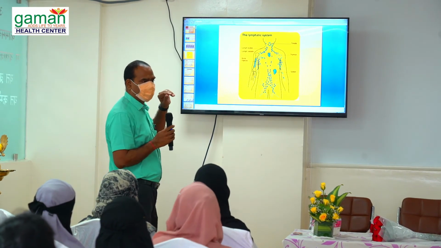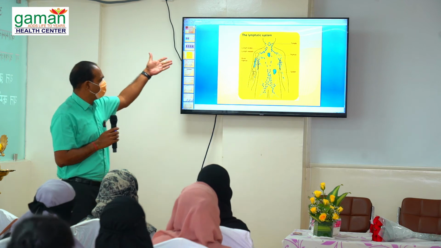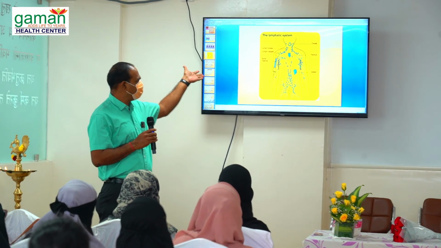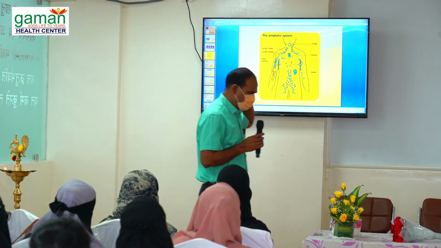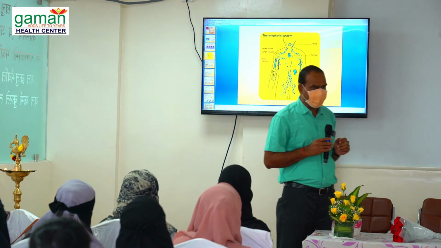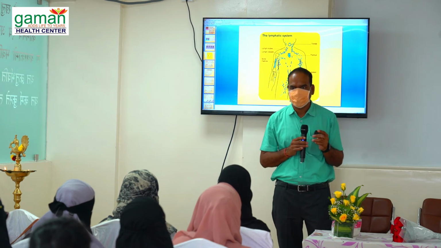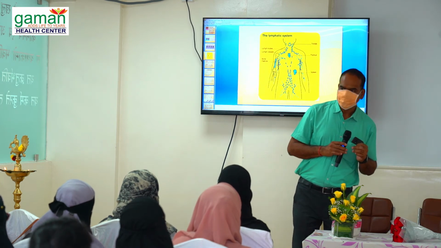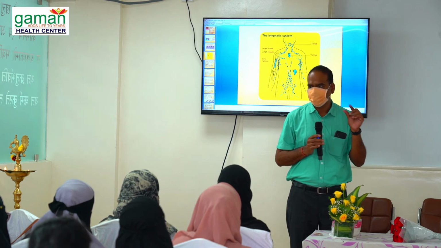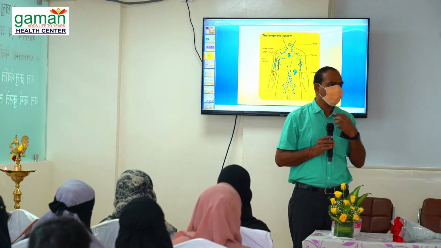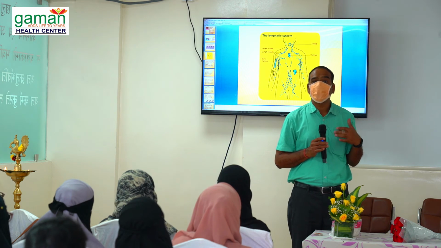See, what are the components of the lymphatic system? You know about tonsils, thymus, spleen, lymph nodes, bone marrow. Tonsils, you know? What are tonsils? Who will tell me? Glands, those are the glands. Glands, tonsils are glands. Connective tissue only. Where is it located? What is the role of the tonsils?